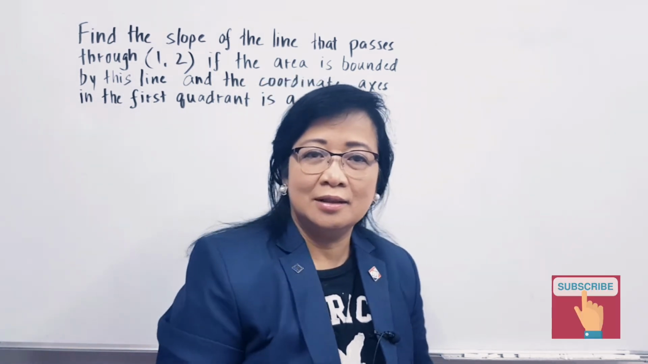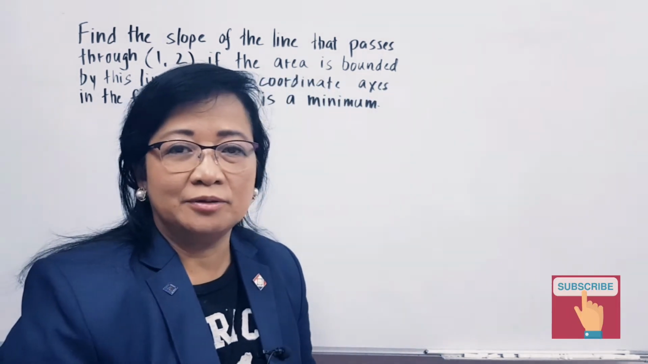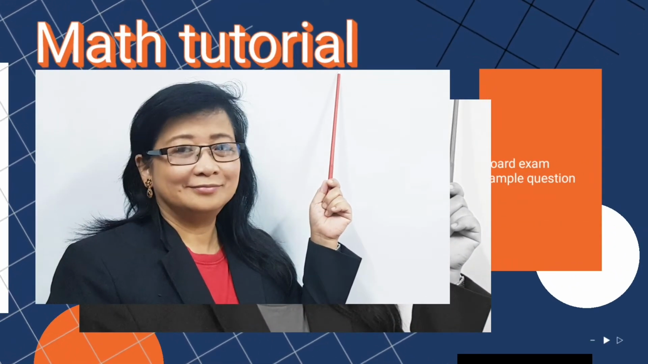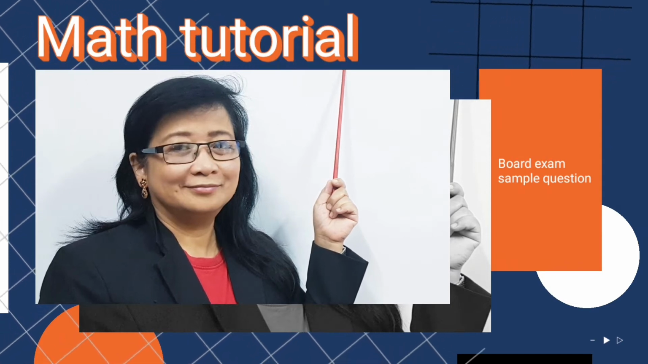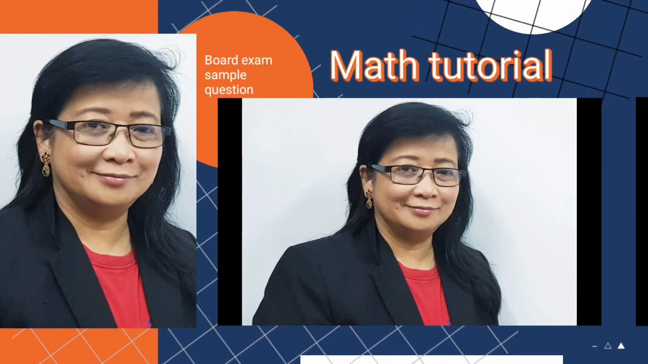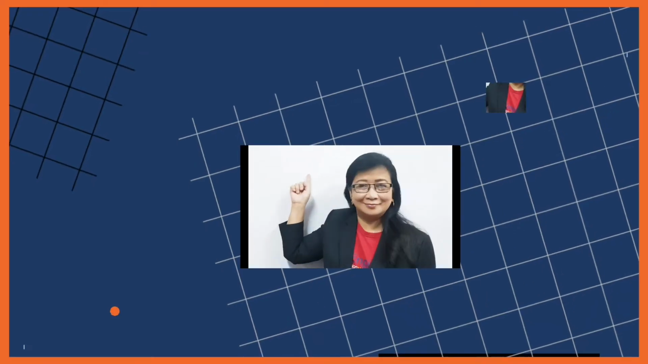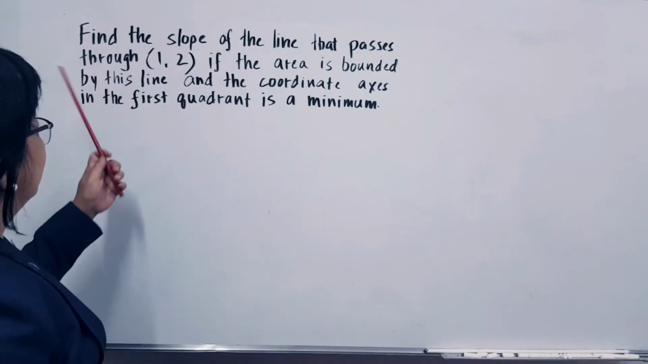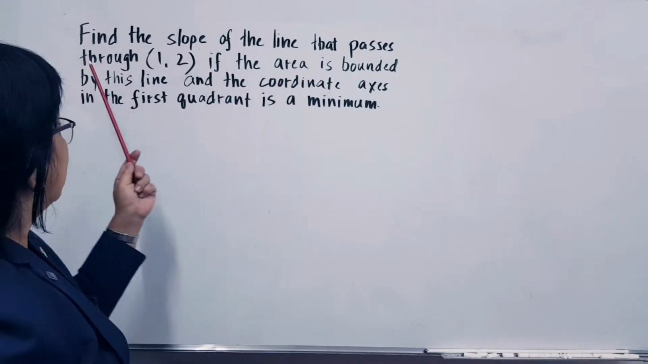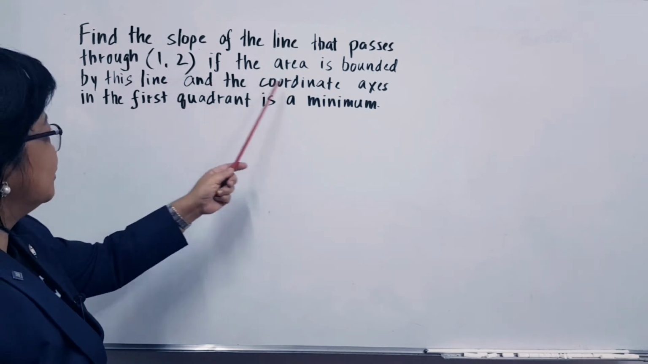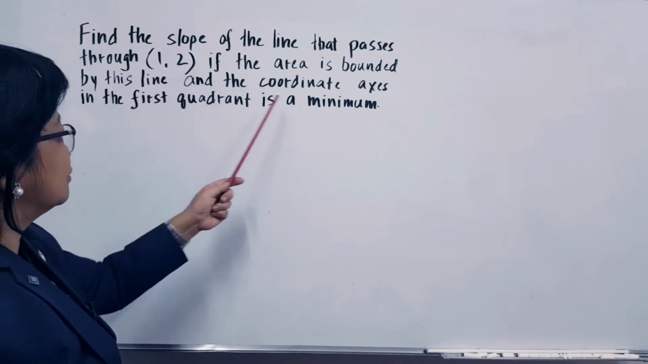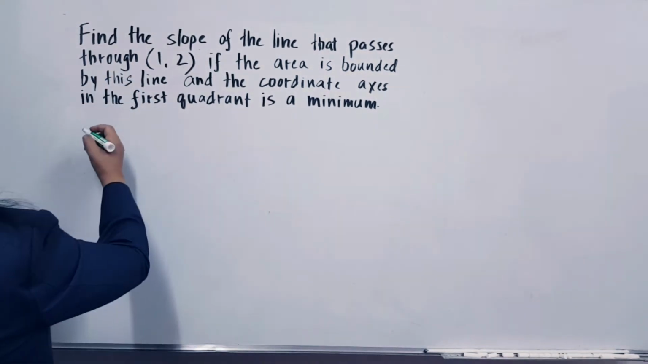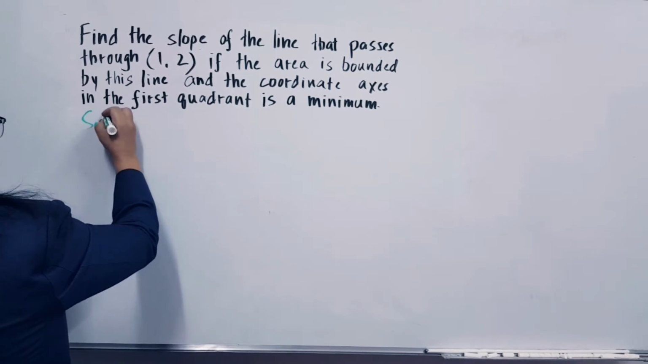And to this problem solving, it's about the slope of the line. Find the slope of the line that passes through (1, 2) if the area bounded by this line and the coordinate axes in the first quadrant is a minimum. Now, of course, we have to